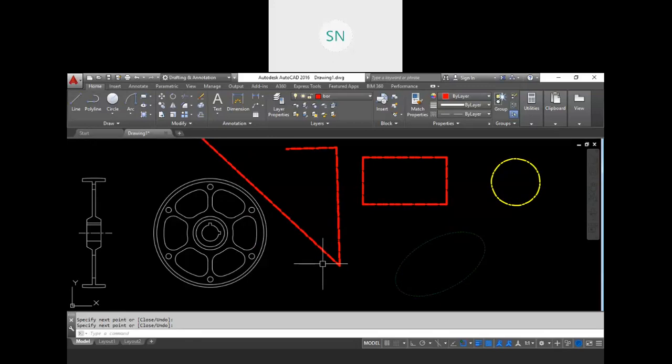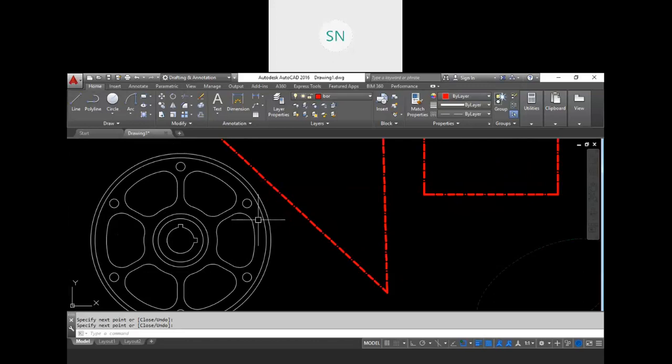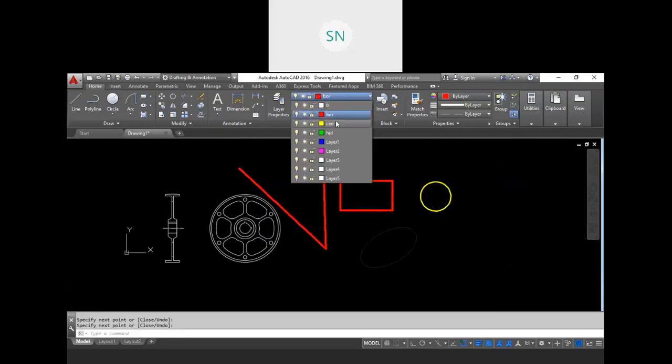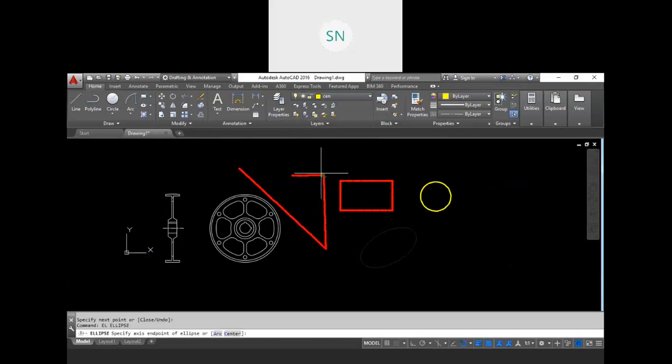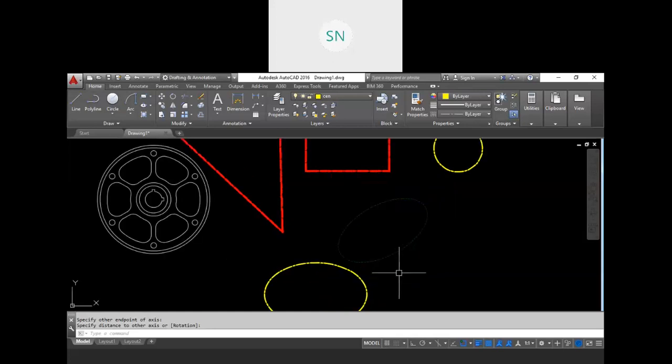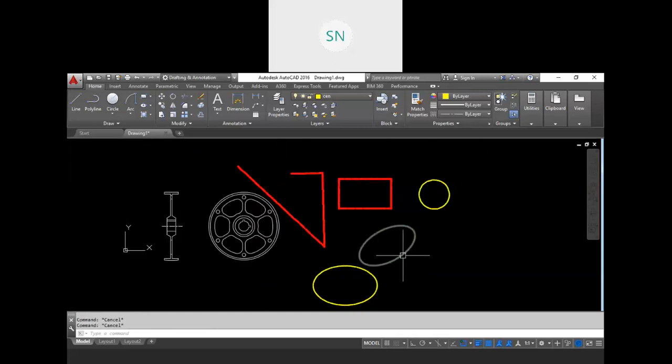So just try to understand this funda of the layers. If I choose center layer and let me create something, one ellipse, your ellipse will be in your center layer. LTS, line type scale, 2 times.